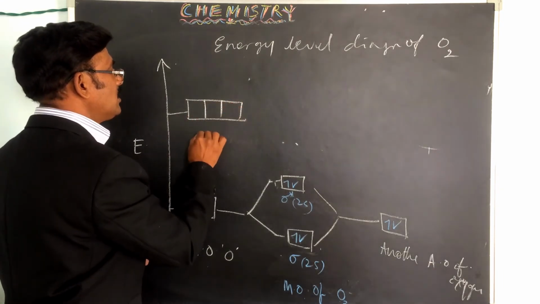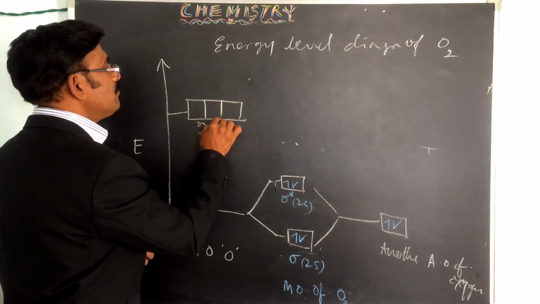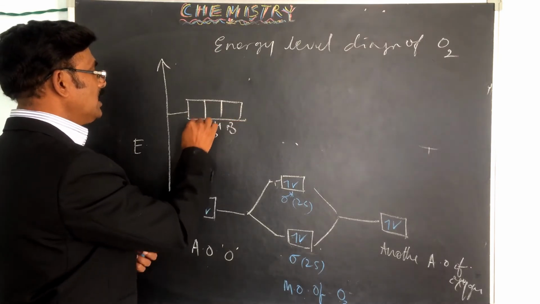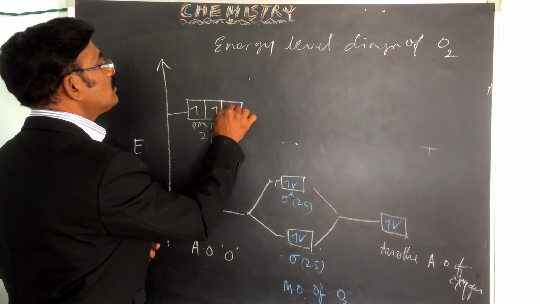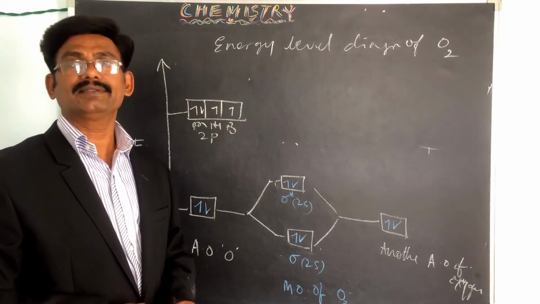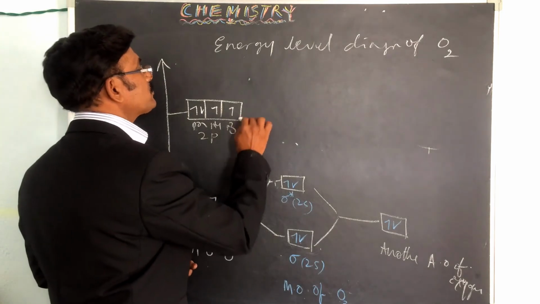So 3 orbitals are there at the 2p level: x, y and z. 2px, 2py and 2pz. Here are 1, 2, 3 and 4. So these are where the electrons are present. Okay, now